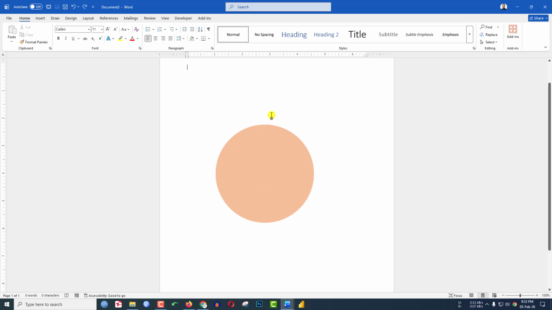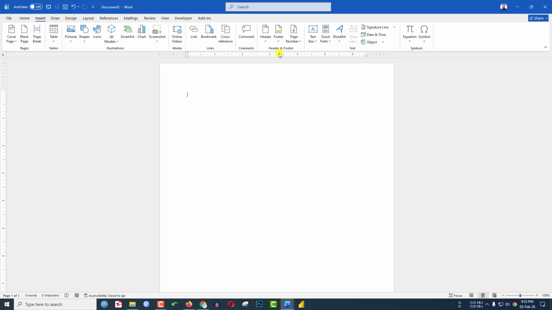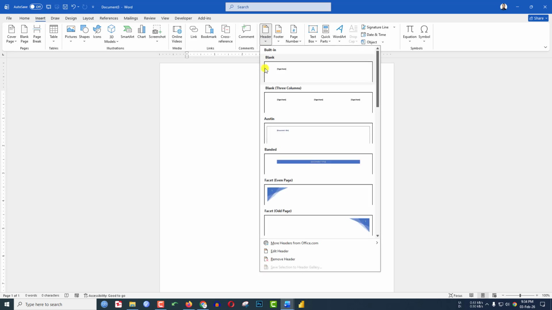In this video, you are going to see how to lock a shape in Microsoft Word so it can't move. Here I have a shape and I can move it. So let's get started. To make a locked shape, go to Insert, go to Header, and let us click on